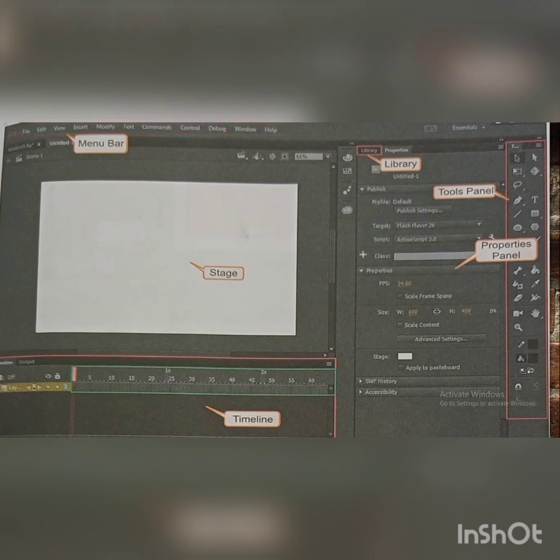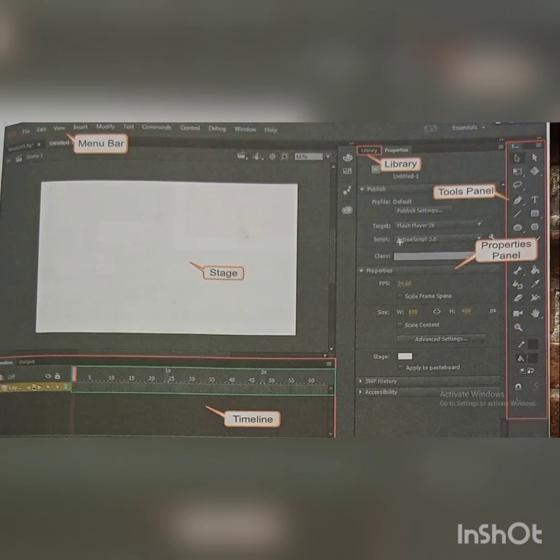Next one, you can look at here, the tool panel. At the right side, it is called the tool panel. A tool panel contains a set of tools that are used to draw something. If you want to select any part or any component, you can select that one. If you want to select a particular shape, or modify any object, you can use any tool. Like in Paint, you can use various tools. Same like that, here are also tools available. You can draw, select, or modify the object.